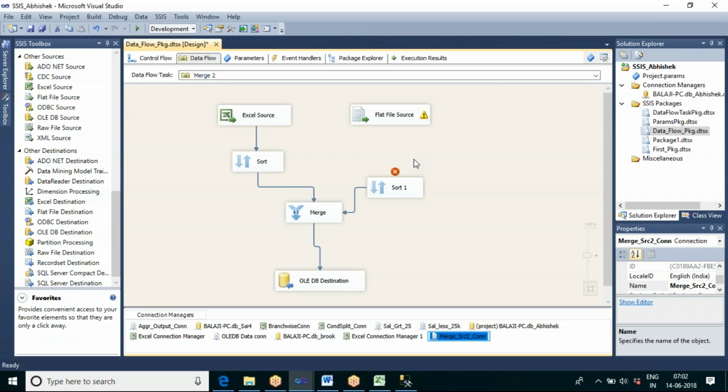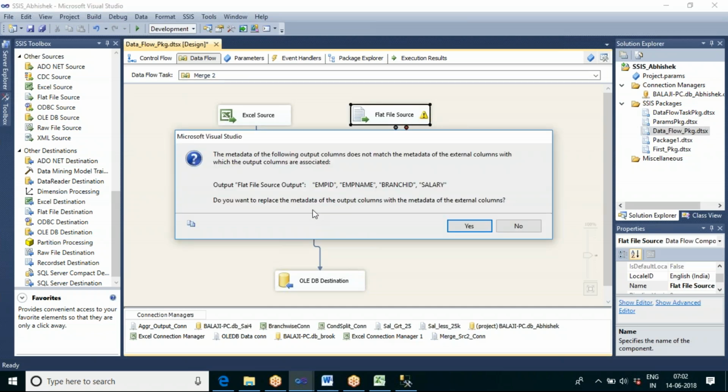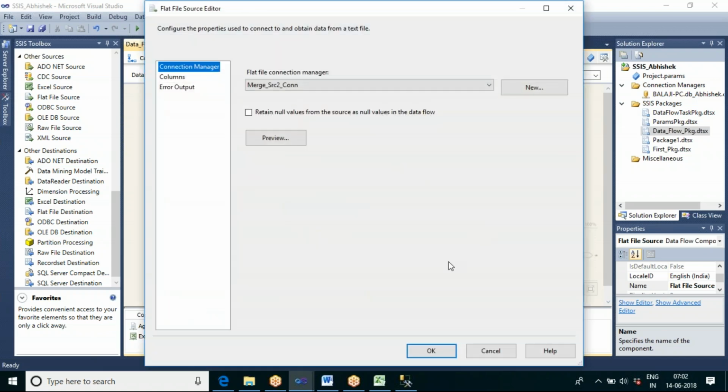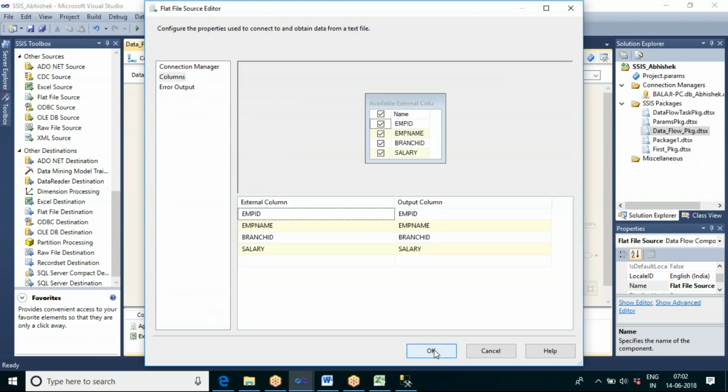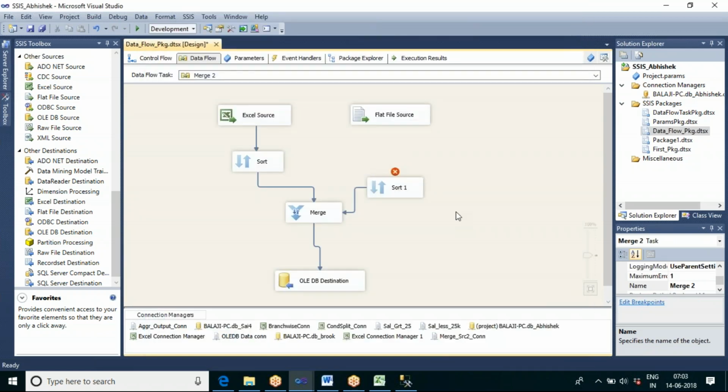Now since the data types are changed in the connection, it is giving us a warning message: do you want to refresh? Yes, I want to refresh. It asks whether to replace the metadata. Yes. You can just go to the columns and click on OK, that's it.